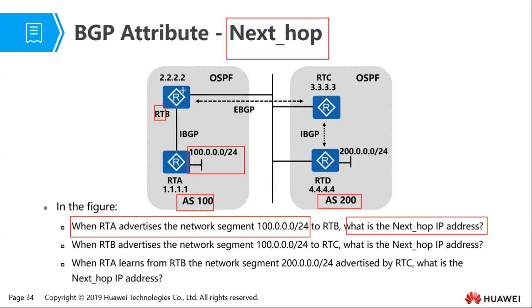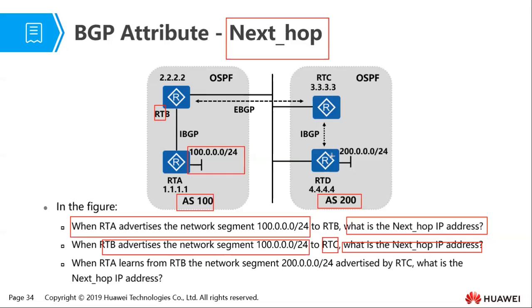Similarly, when RTB receives that network, it will advertise it through EBGP to RTC. Now, when that happens, again, what is the next hop? When RTC receives it, it's also going to advertise it to RTB